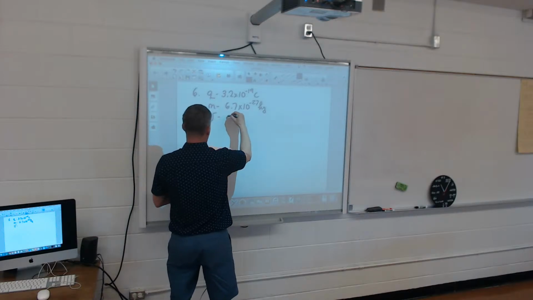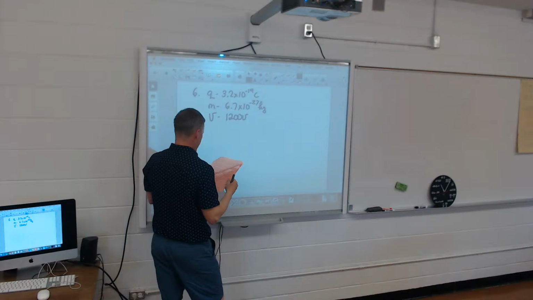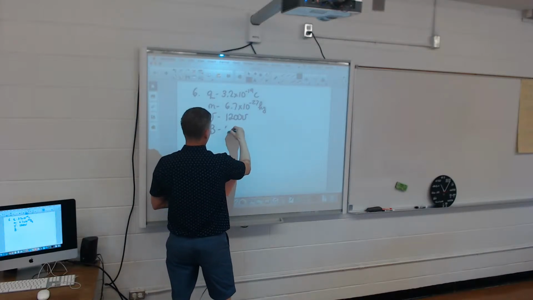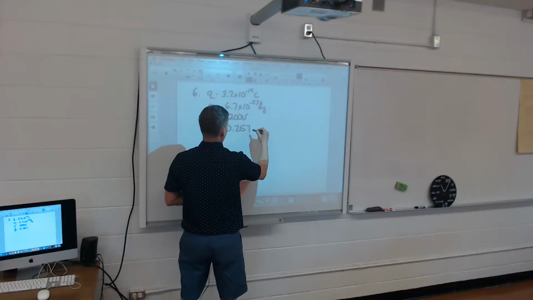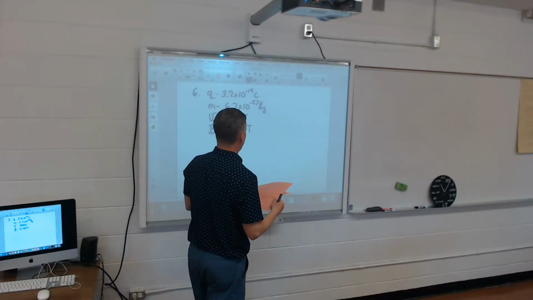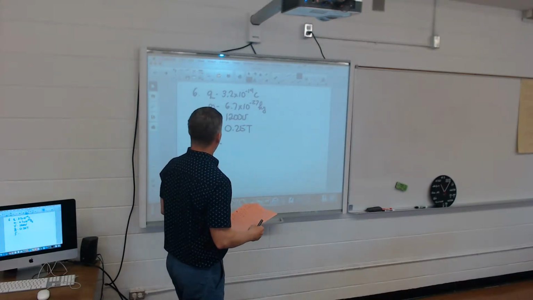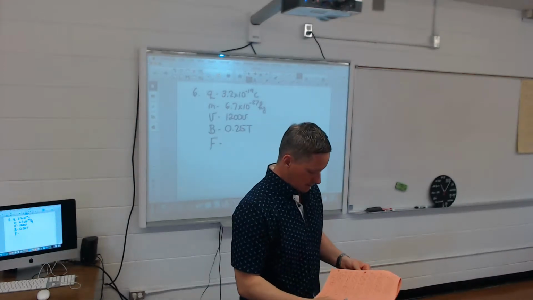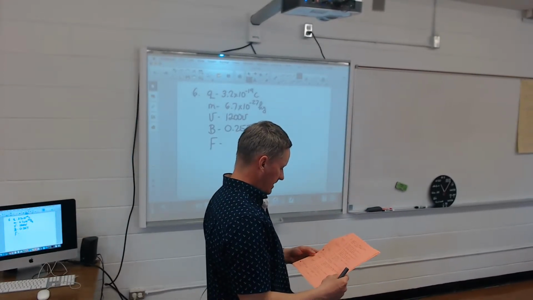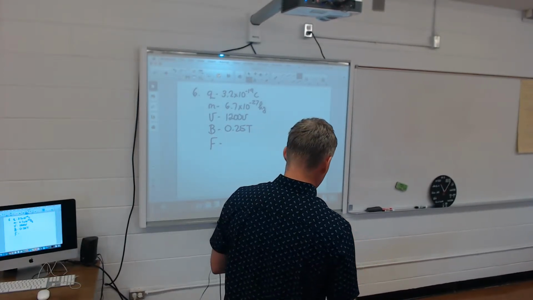So my voltage is 1200 volts, and then it enters a magnetic field with 0.25 Teslas. So that's your B value. And it asks what the magnetic force is on it. So I'm looking for the force. Okay? So I flip back to that sheet. So my magnetic force is